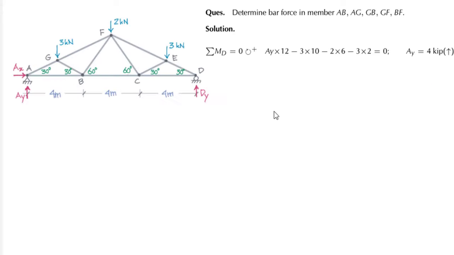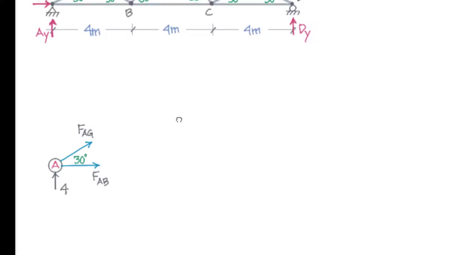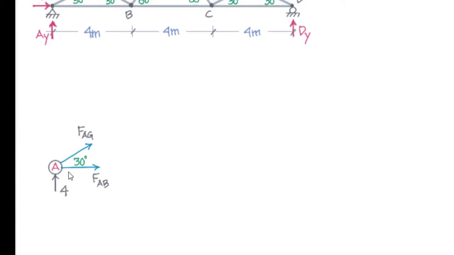Okay. Now we'll take the free body of joint A. So this is the free body of joint A. If you look very closely, FAB is in the x direction and FAZ is along the incline, and as the value of Ay equals 4, that is why A is 4. Now you can see that FAZ is an inclined force, so you have to divide it into two components. One is the horizontal component, another one is the vertical component, and then you should take summation of Fx and Fy.